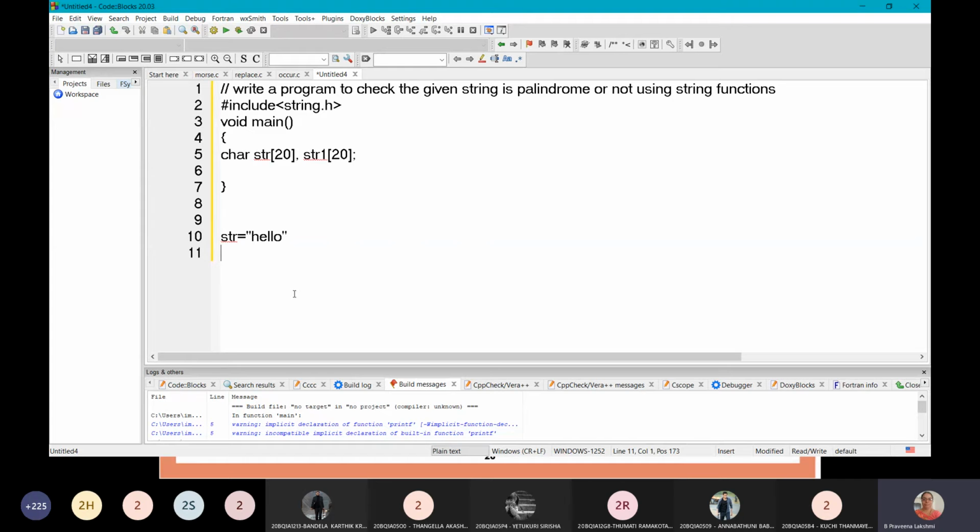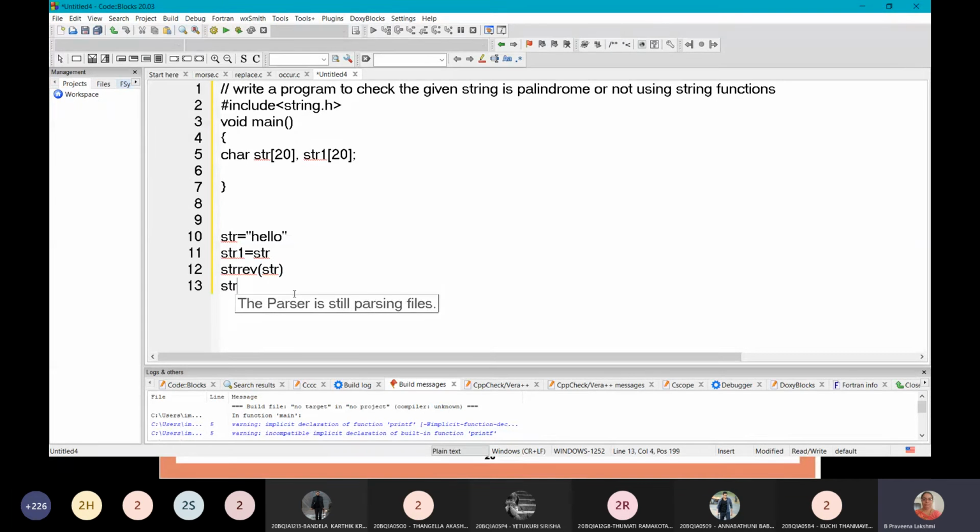So for checking that, first we need to make a copy of str, which will be stored into str1. Then reverse the string; the given string str is reversed.